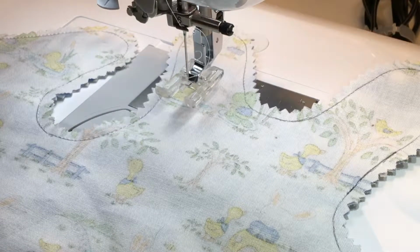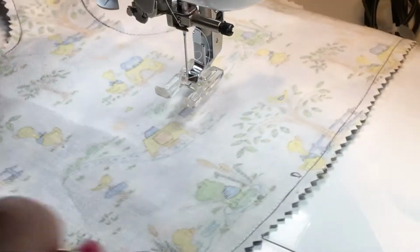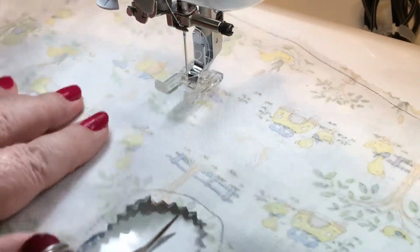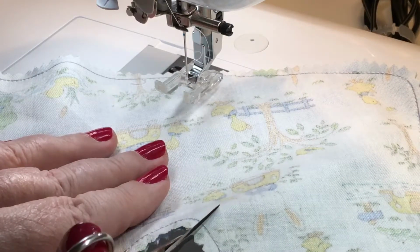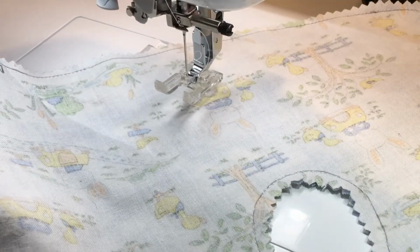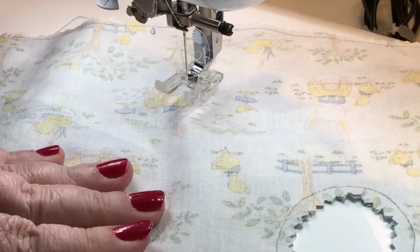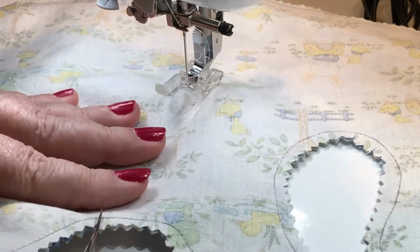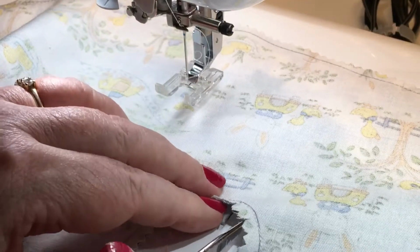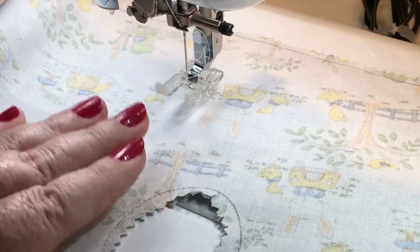And I might take a sharp scissor, if I have one handy here, and put a tiny snip in the armpit there, and one there, and one there. Maybe the neck. One there, and one here. So I know it's hard to see on camera, but I have a little snip there, and I have a little snip here. And that's just going to help these seam allowances to lie flat when I turn the shirt